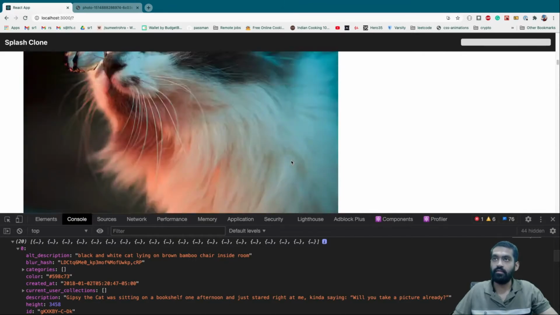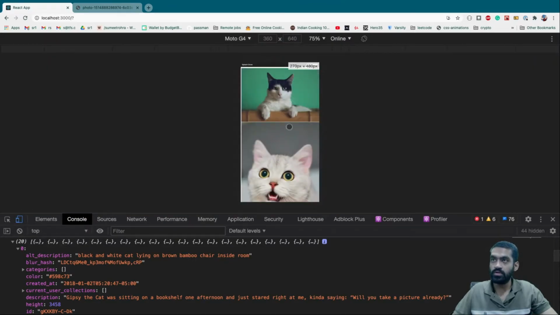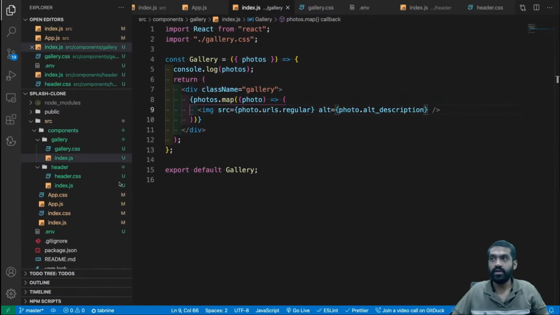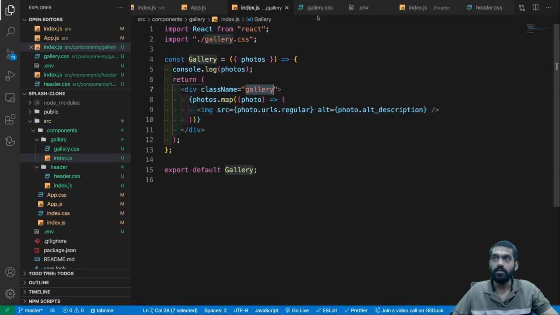So we have our photos, and let's go to the smaller screen. We do have our photos, but it is taking up a lot of space, which we don't want. Moto G4. Let's see what can be done here.